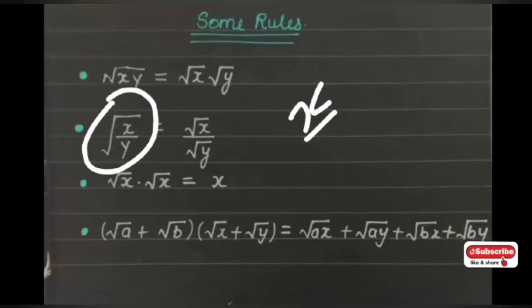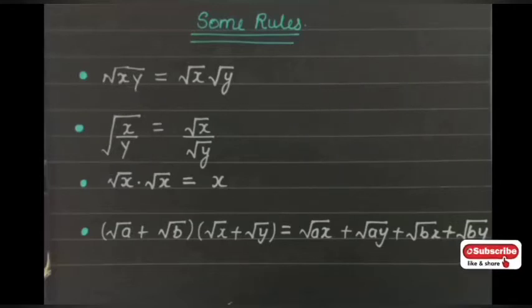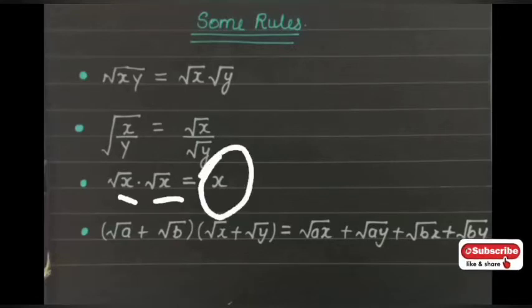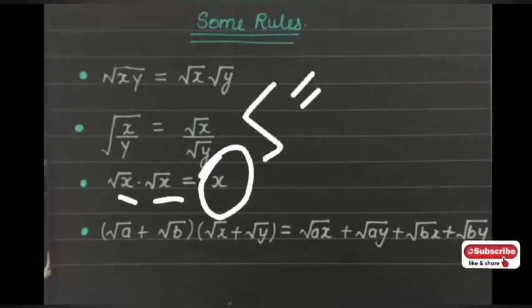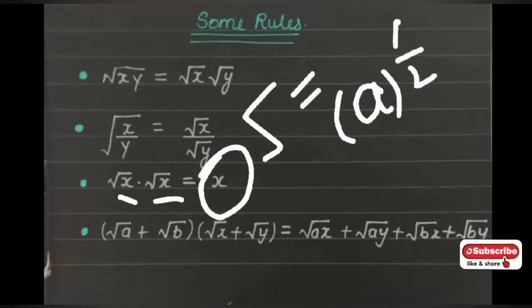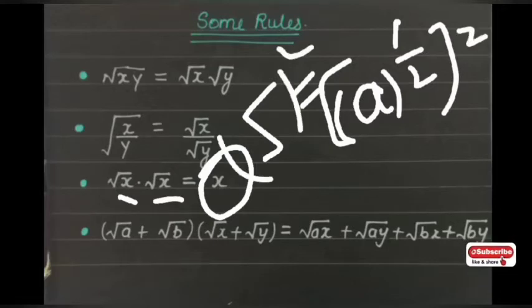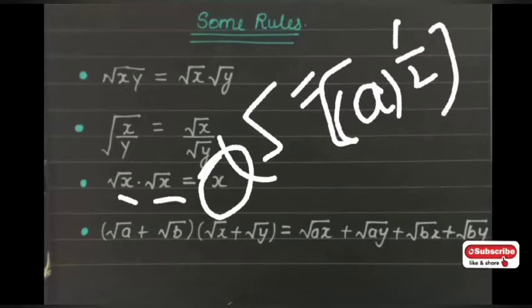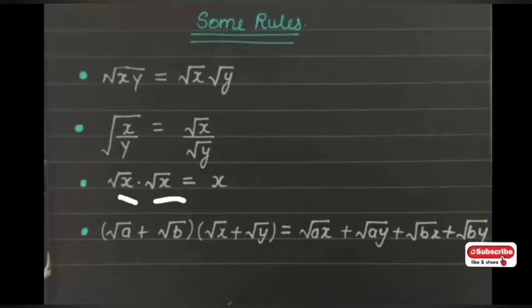If you have root x into root x, when two terms have the same number and both have roots, that root will get cancelled and you will get x. How will it get cancelled? Actually, what does the root mean? If you have a root on a number, it actually means you have the power a to the 1 by 2, and when you square it again, root into root will be root square, and that square and 2 will get cancelled, and that's why you are getting just a. So over here your root x and root x would be just simply x.